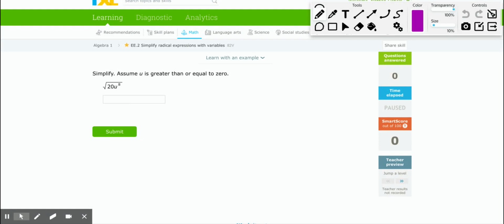All right, guys. For this lesson, we're going to be going through EE.2 in IXL for Algebra 1. We're going to be talking about simplifying radical expressions. That's been our in-class goal recently, and we'll show you how to get through this specific assignment. We'll start off with the first question here, but we'll jump pretty quickly through and try to keep this one